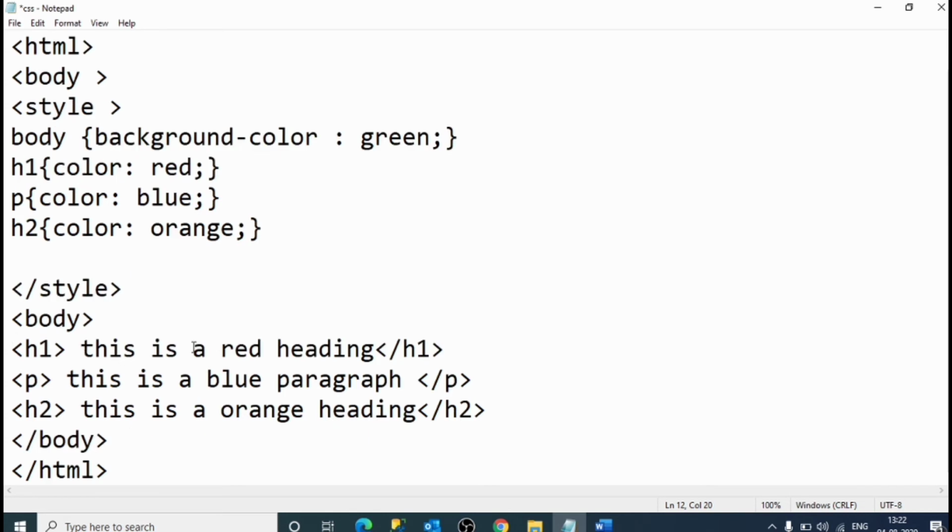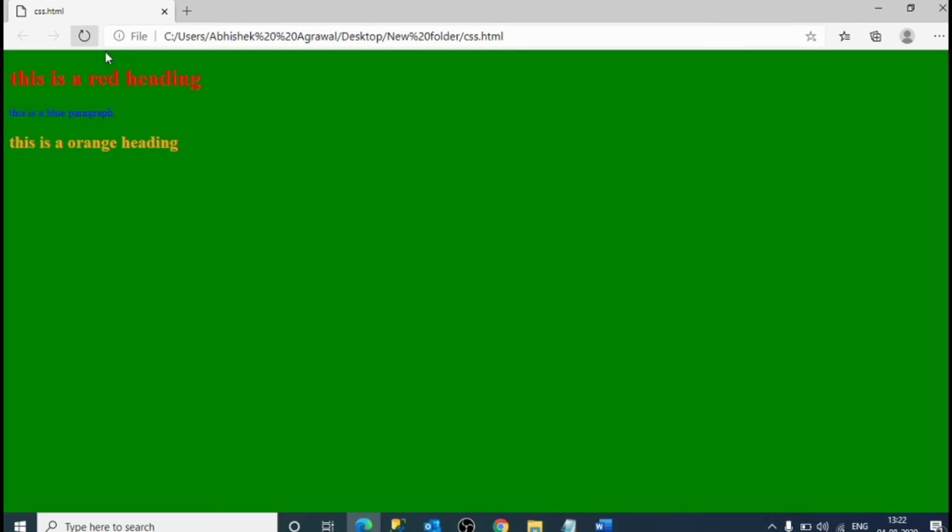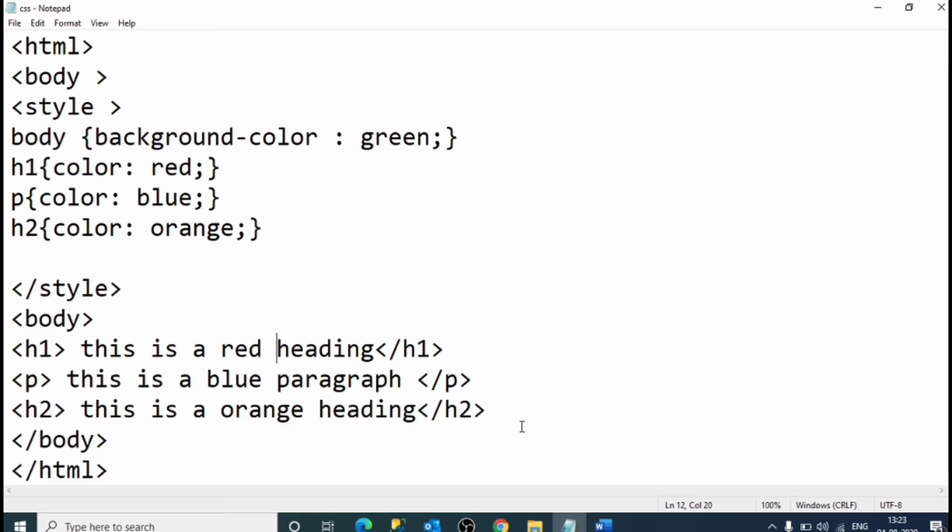Body: h1 this is a red heading, p this is a blue paragraph, h2 this is an orange heading, slash body, slash HTML. Now I'll save it. We will see the result. See, this is a red heading, this is a blue paragraph, this is an orange heading. With the help of internal CSS, you can define a style for a single HTML page. And always remember, internal CSS is defined in the head section of an HTML page within the style element.